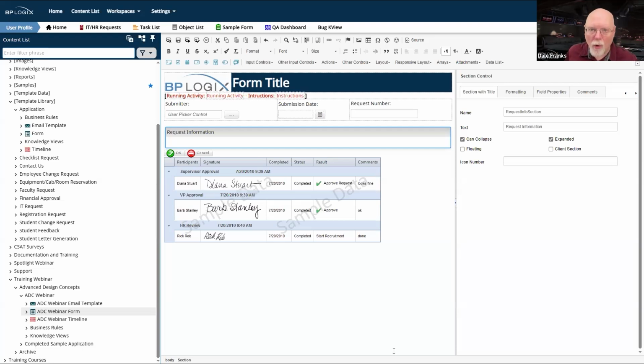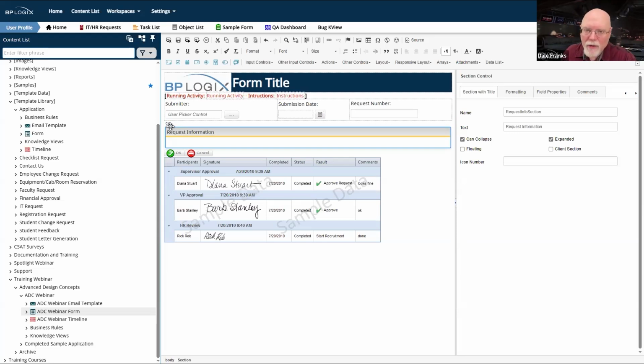So the rest of my form will be disabled, but that one section will be enabled, which will enable me, as an approver, to add in the data that I need on that form to finish my approval task. So using sections or embedded sections is a best practice.